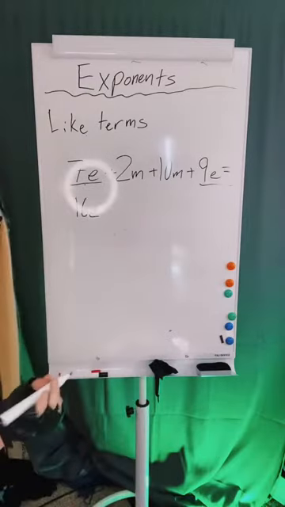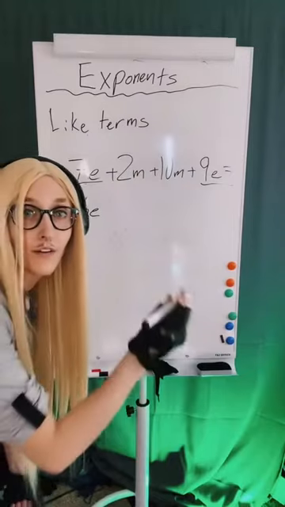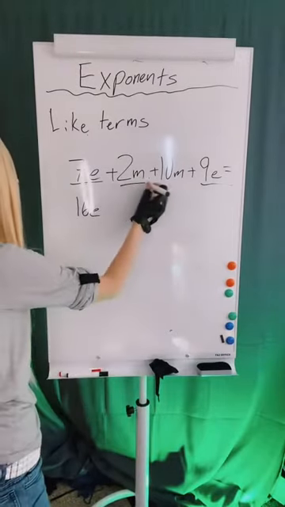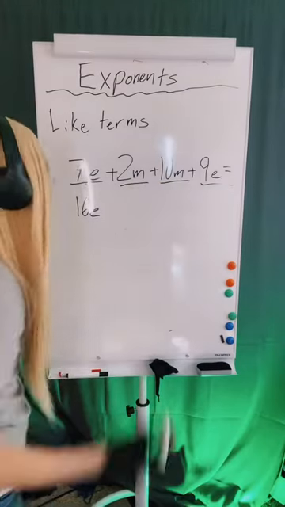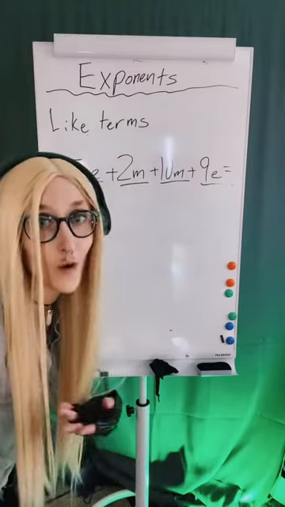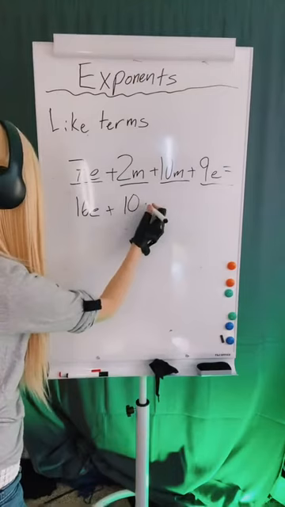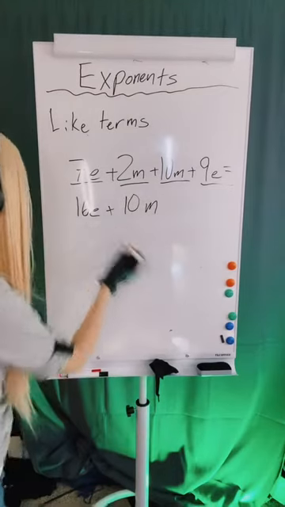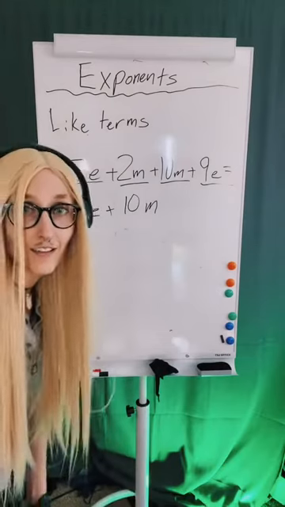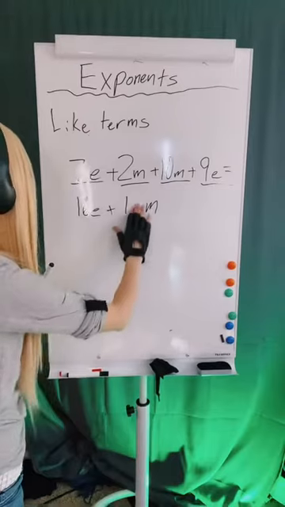All right, 16E. Move that for a moment. All right, so now we've got the M's. 2M plus 10M. 2 plus 10 is 12. I so got that one. I'm good at that. So it's going to be 10M. And the thing that goes in between them is a plus because everything's positive and we're adding everything. Oh, thank you, you guys. 12M. Thank you for catching that.